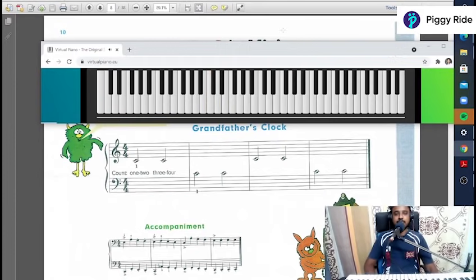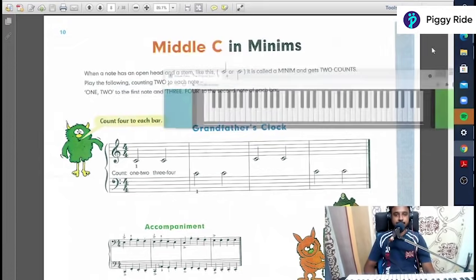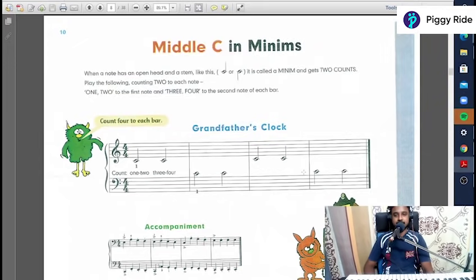So yes, we will call it a metronome. The metronome will produce beats. It will help us to play exactly with the rhythm. So later I will explain what beats are, how we will use the metronome, and we will see in detail about each and everything in our class.